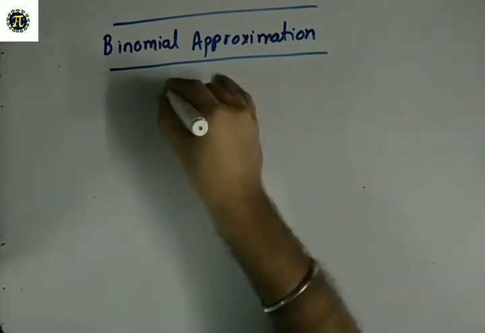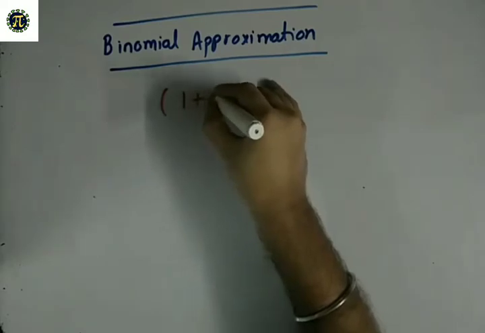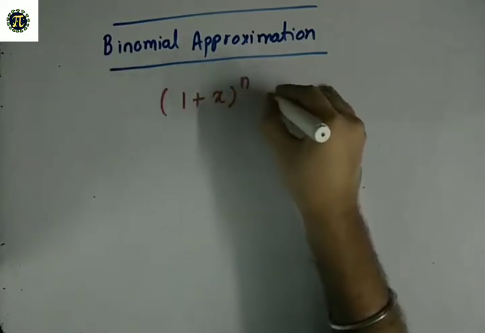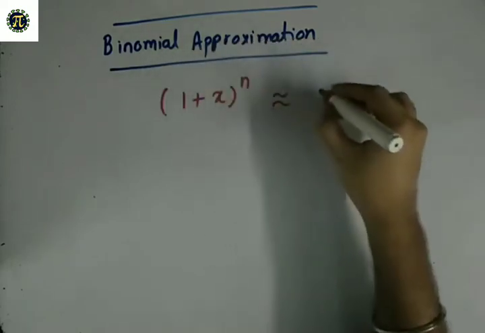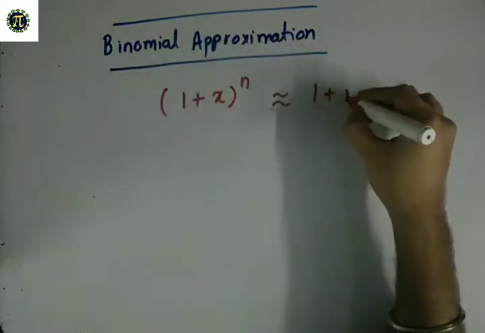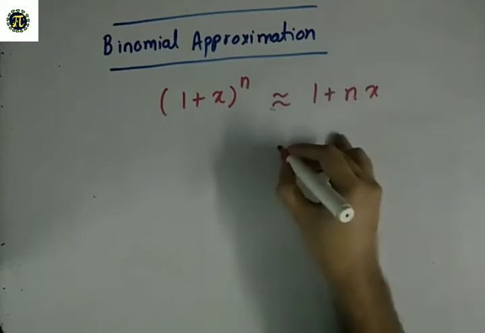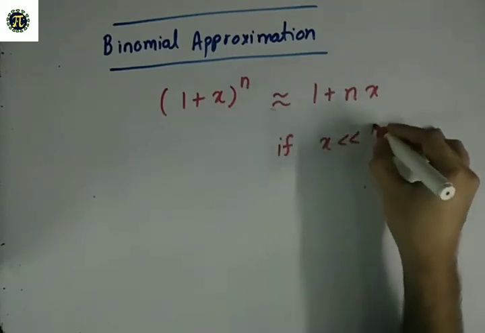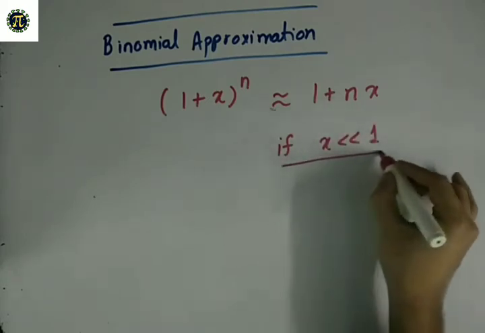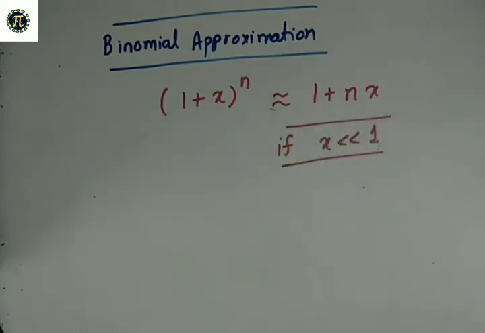So the binomial approximation says (1 + x)^n is approximately equal to, because it's an approximation, 1 + nx, and this is only true if x is very small compared to 1. So let's look into this